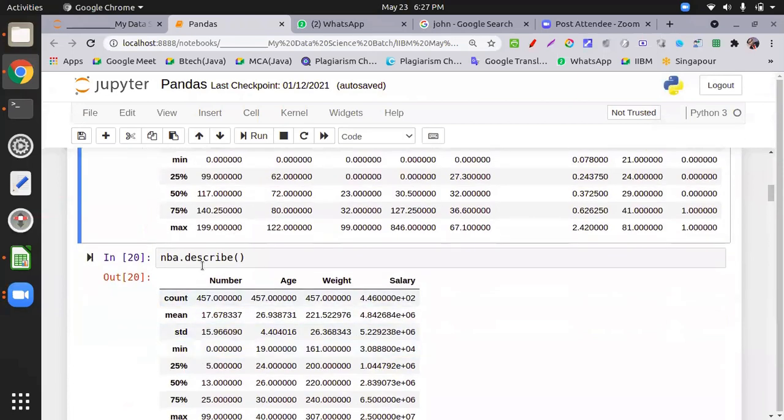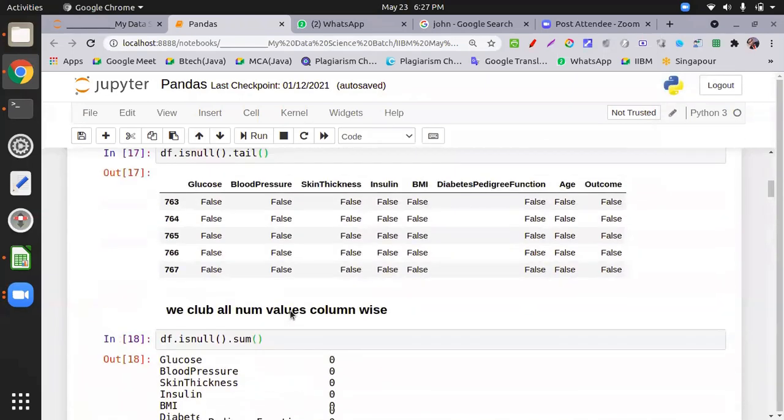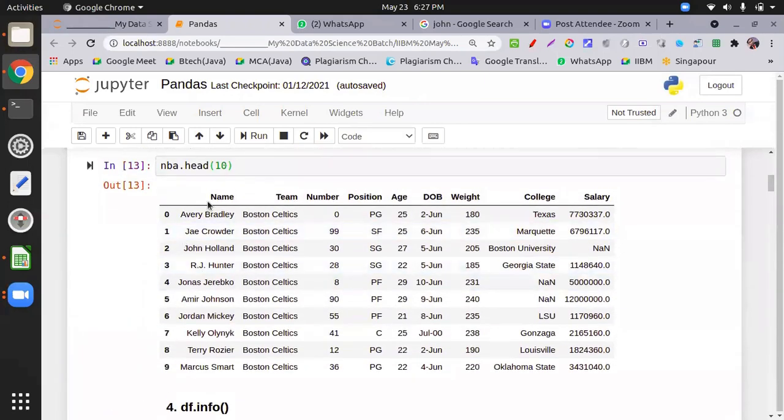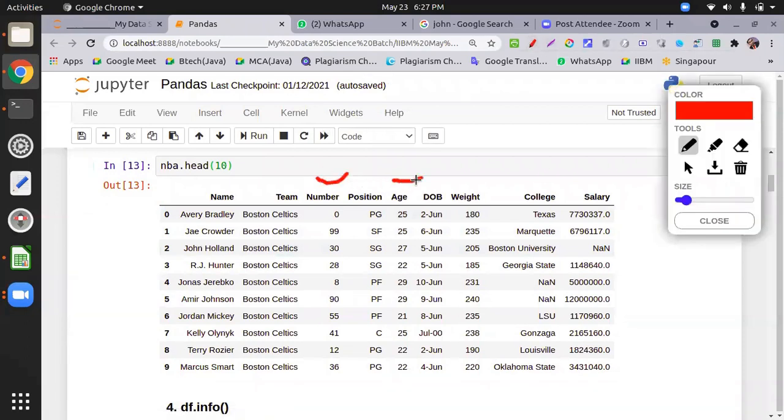Now come to the NBA. See, how many columns does NBA have? Check this one: 1, 2, 3, 4, 5, 6, 7, 8, 9. Out of these, how many are numeric? Number, age, weight, and salary.